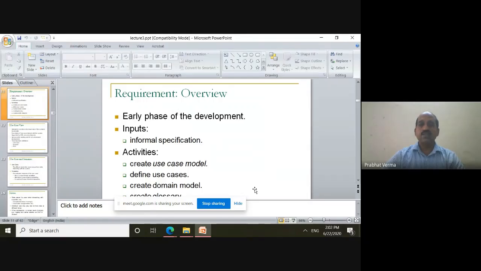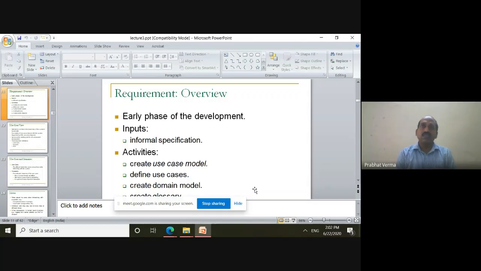In this class, we shall have a demo of use case diagrams. As we know, use case diagrams are very important in the software development process. They help us in each and every phase of software development.